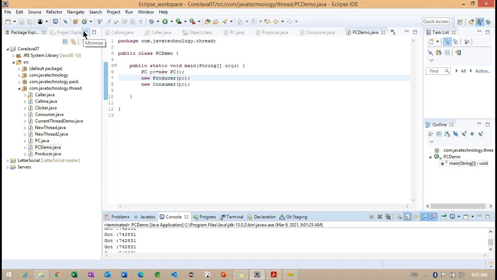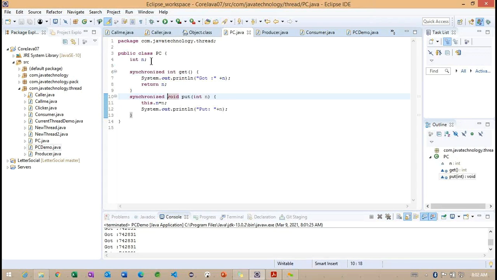Now using the same logic, we'll try to check with the three methods which we just discussed, that is wait, notify, and notifyAll. Getting the point? Observe carefully.